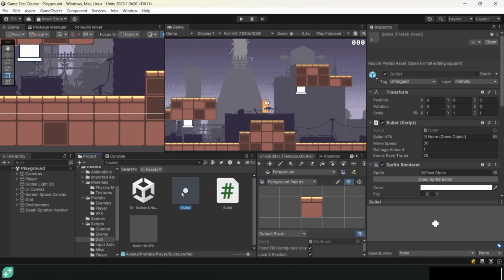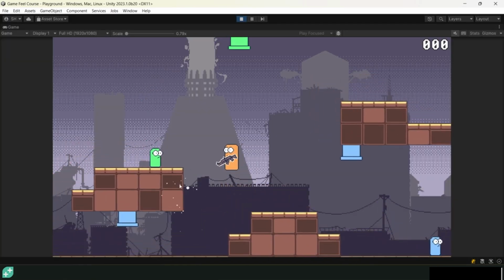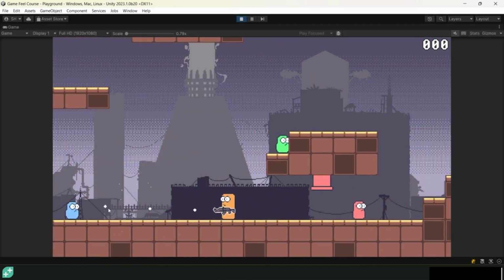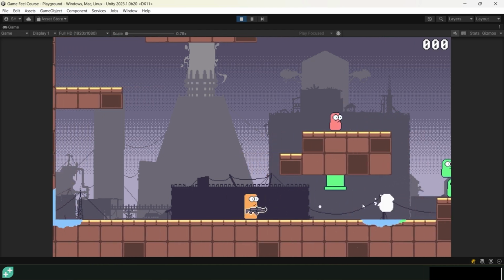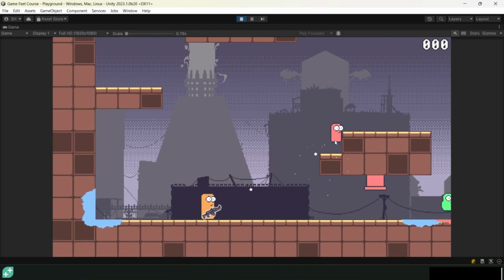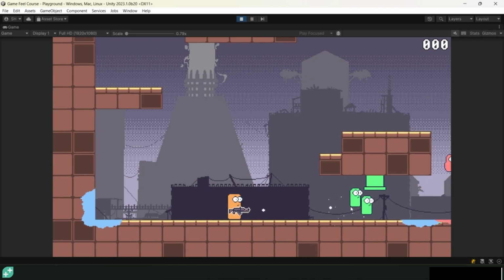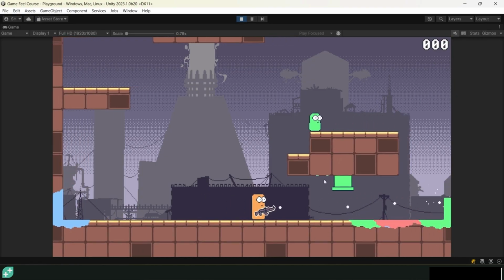So let's see, I've got that here, and we'll drag this bullet hit VFX into our bullet VFX field. Let's hit play and see how that looks. Nice. That's already looking pretty good. We have that nice little bullet collision instantiated explosion prefab VFX. Let's keep going and add some more visual effects with our player and how it moves, how it jumps, and